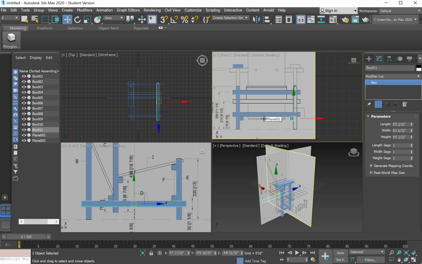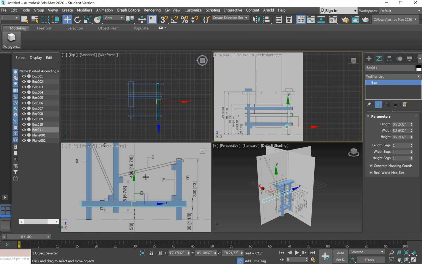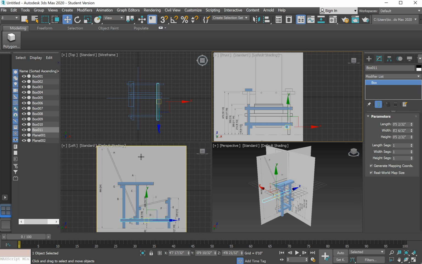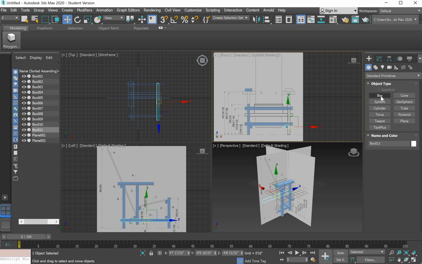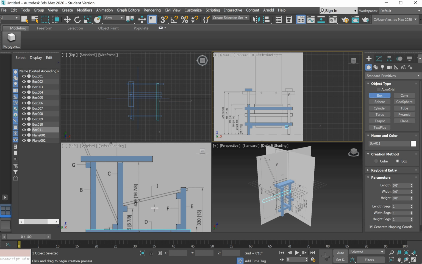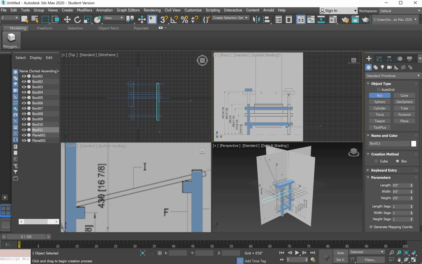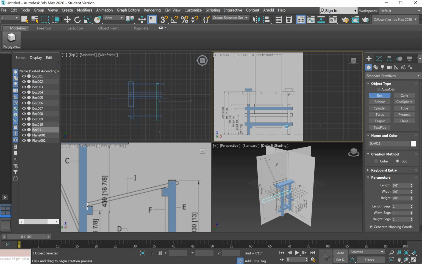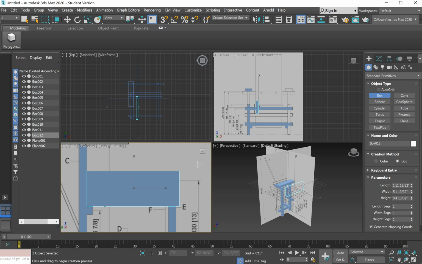Okay. So the next step is going to be drawing the seat and the back support of the chair. Let's start with the seat. We will have to create a new box, so select box, and then zoom in to the side elevation, and make sure you start from the bottom here. It just makes it easier, and then drag it over to where it ends on the drawing. Now obviously this is not the correct shape. We're going to have to rotate it after we manipulate